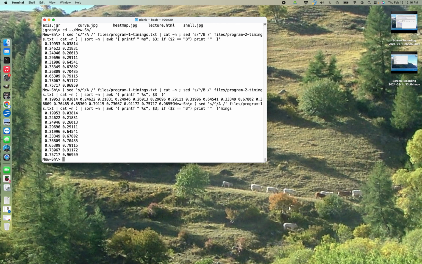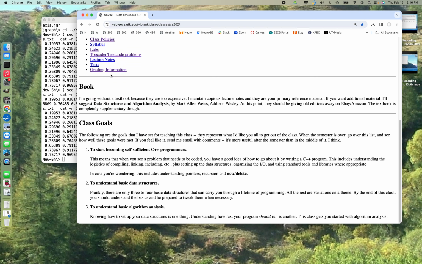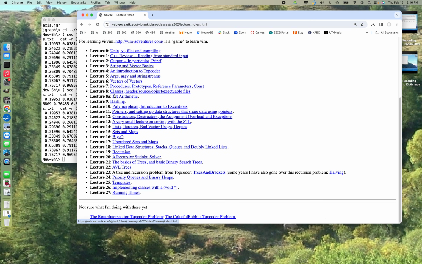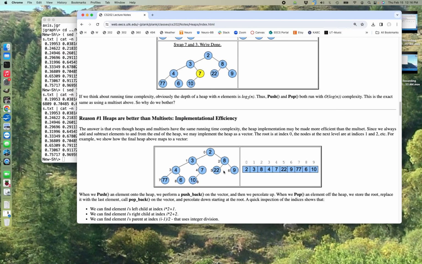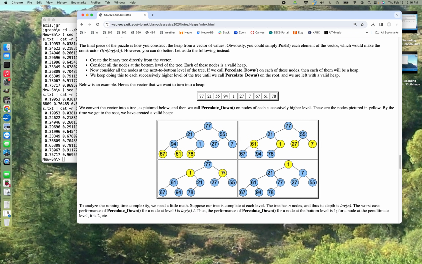But that's what differentiates. And then in my 202 lecture notes on priority queues, there we go, 202. Hello, lecture notes. Priority queues, there they are. Remember, binary heap. So the way you create a priority queue, a lot of code. Yeah, here it is. You start with the unordered vector here, but it's logically ordered like a tree. They're not pointers, this is just our vector, 0, 1, 2, 3, 4, 5, 6, 7, 8. And because it's a complete binary tree, you always know how to get everything.